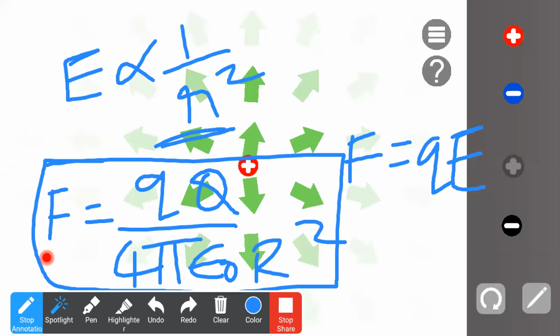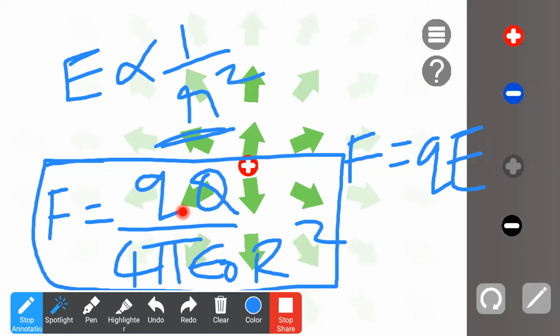Now you understood some idea of force. And please somebody tell me, what is this equation called? This is called Coulomb's law. Whenever you have two charges, what is the force between those two charges? And again, in this case, one charge is fixed and another charge is movable. In a case, both charges may be in a movable state or maybe in a fixed state. That also we have to analyze.